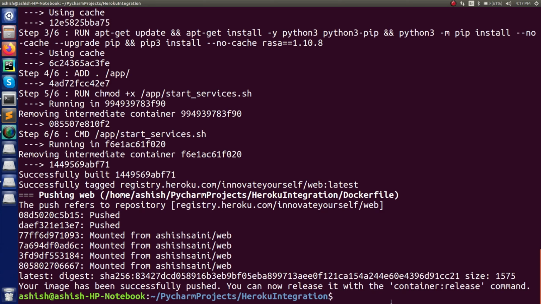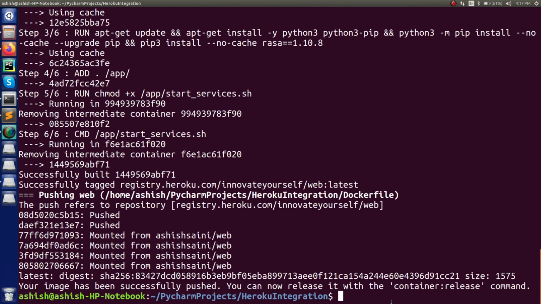Alright, so you can see my container has been pushed successfully to the directory which I just created on the Heroku app. So this is how I am done with this. But in your case it may take more time depending on the internet speed, because I have already worked on Heroku and I already have some containers which I have pushed already. So that's why it didn't take much time, but in your case it can take much time. So that's why we are working in this way.